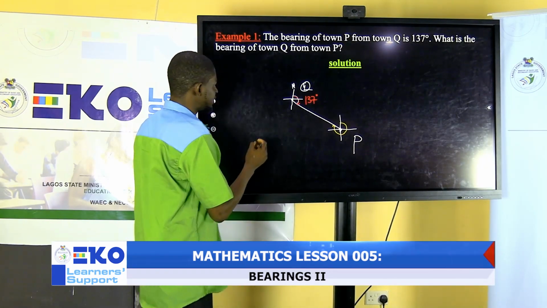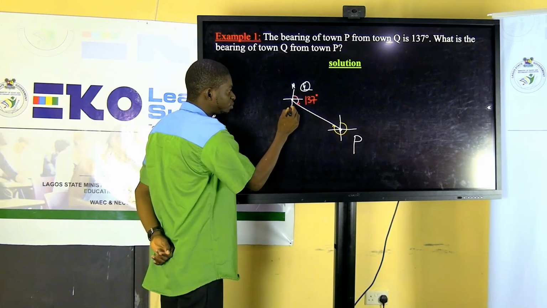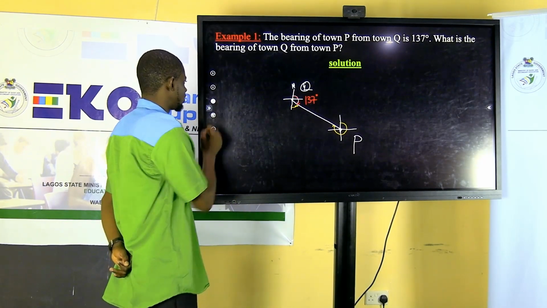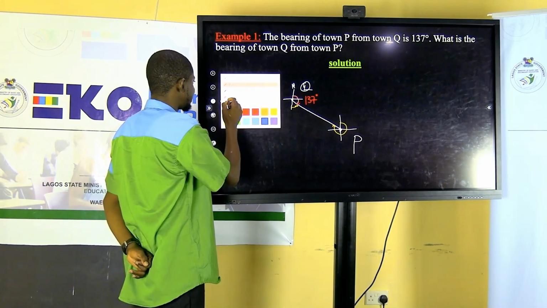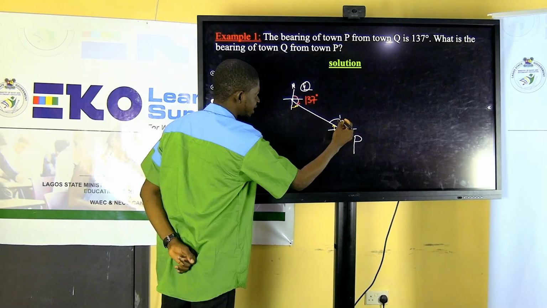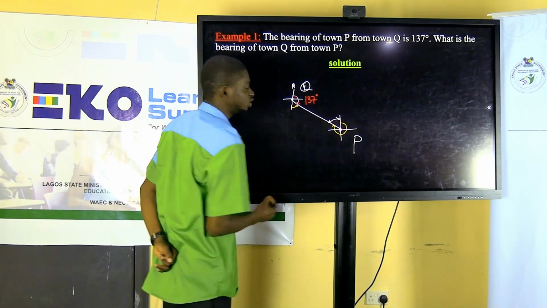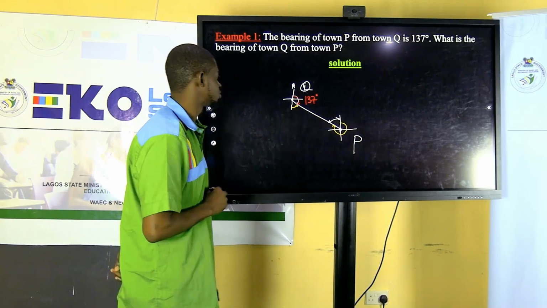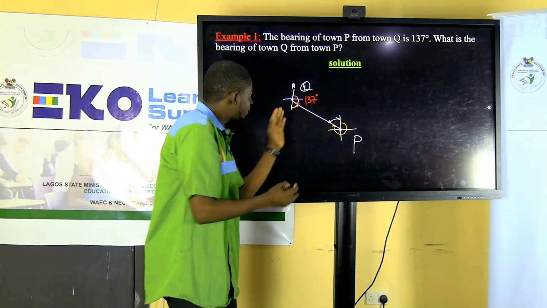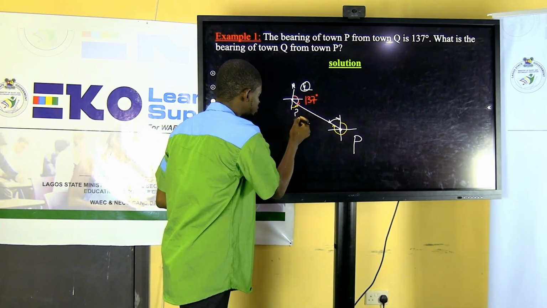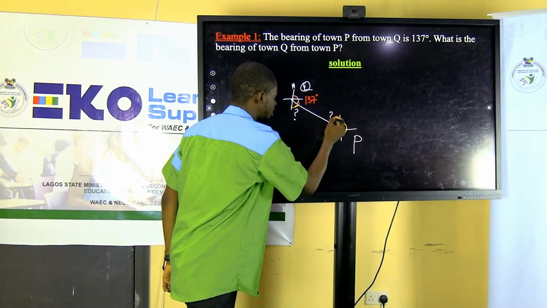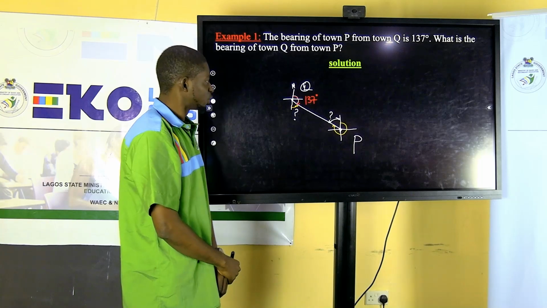If we look at this, you recall that it remains a particular value for this to complete 180. So whatever value that is here is what is here, using our knowledge of alternate angles. So for this to complete 180, it remains a particular value that we don't know. Let me put question mark. Whatever that question mark is, what is also here. If you have that knowledge, you can now say,